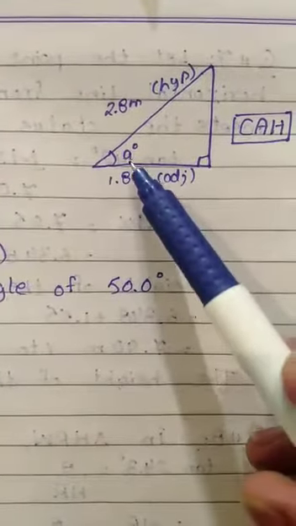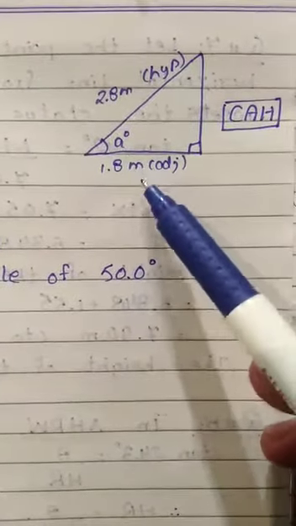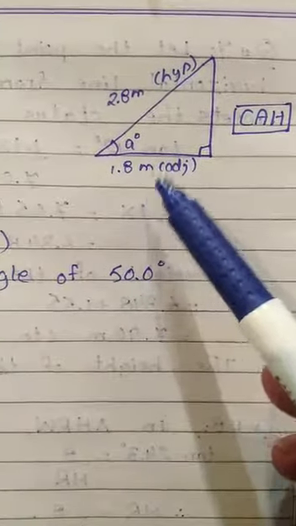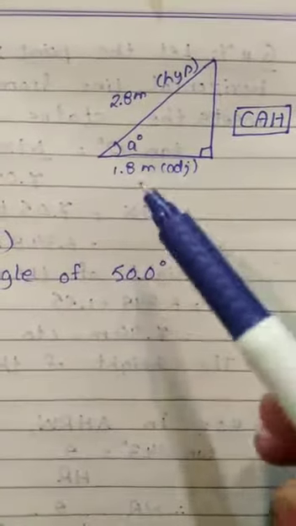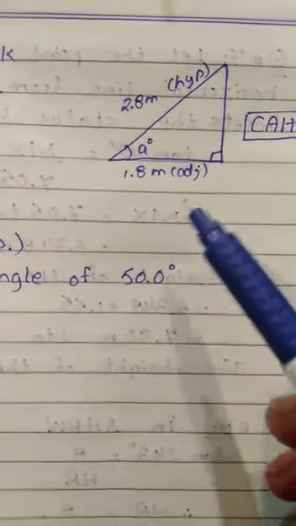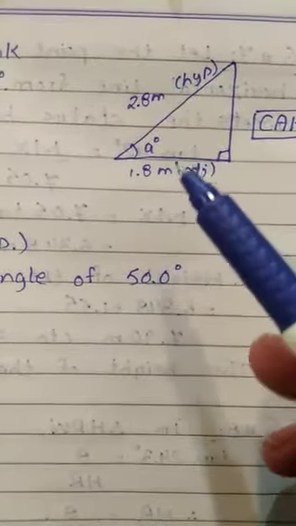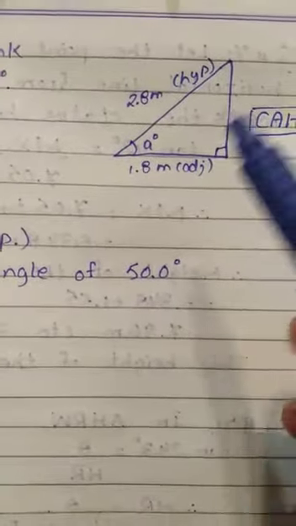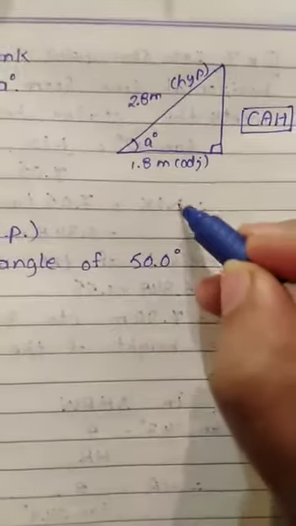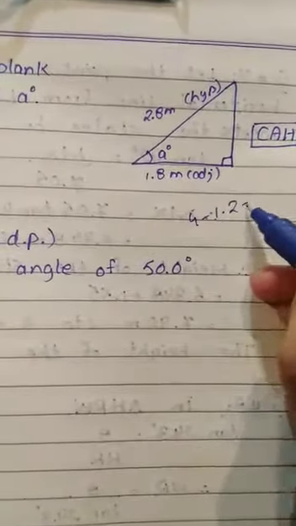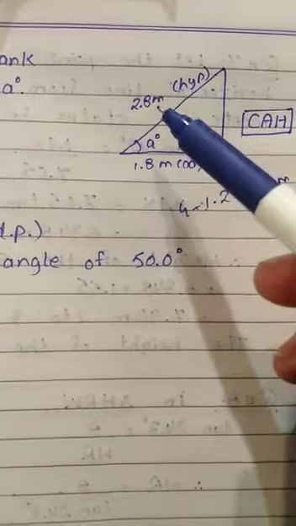First we have taken the angle as A, and according to this angle we have the adjacent side 1.8 meters, and the plank length is 4 meters. This complete length is 4 meters, but they say that 1.2 meters of the plank lies beyond the wall. So 1.2 meters is beyond the wall, and we just take the required value which is seen. We subtract 4 minus 1.2 and then we get 2.8 meters. In this way you get the plank length as 2.8 meters.